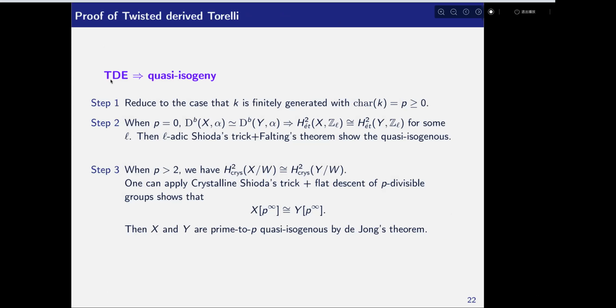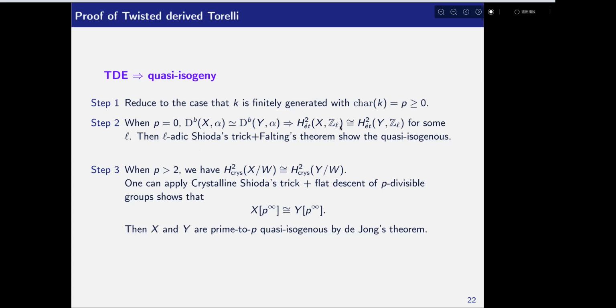So from twisted derived equivalence to quasi-isogeny, I can show the following. First we use some descent trick to reduce to the case K is finitely generated, and the characteristic is p greater than or equal to 0. If it's characteristic 0, then we have the derived equivalence between X_alpha and, sorry, this is not Y alpha, it's Y_beta. So we have derived equivalence between two twisted abelian surfaces, and this implies a